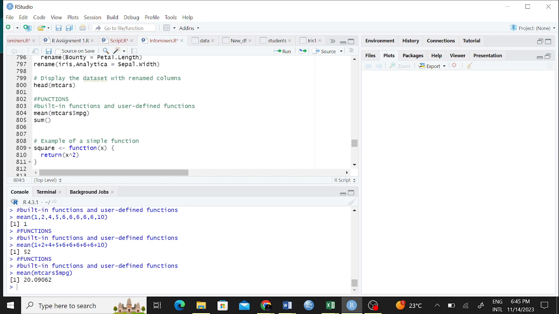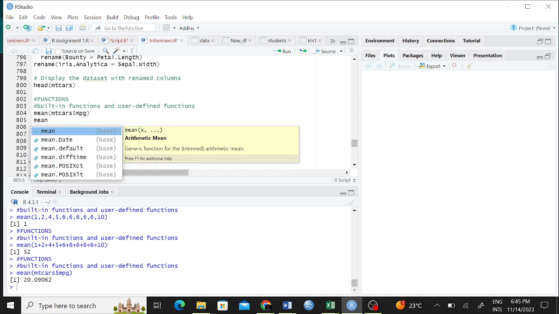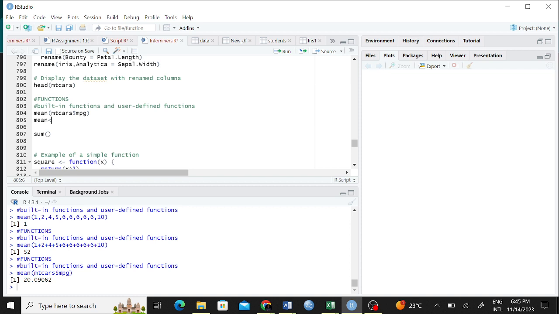So this is a function, right? And how can a mean be written? A mean function. Maybe call it mean, and say this is a function. Again, you declare a function this way: function.